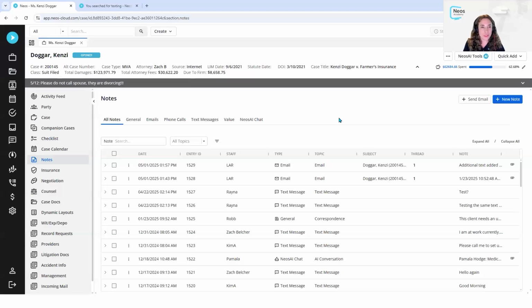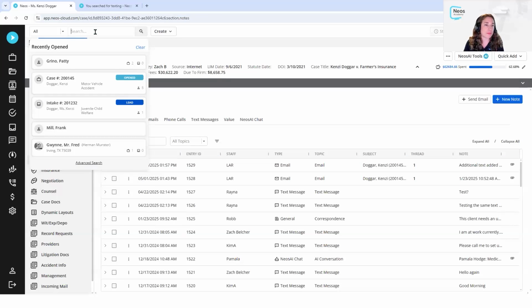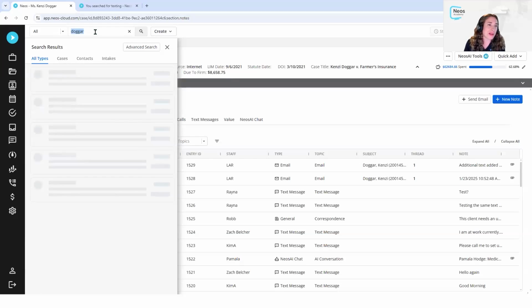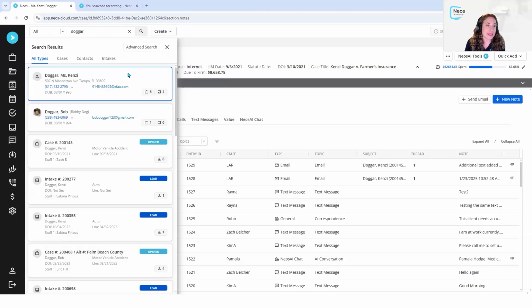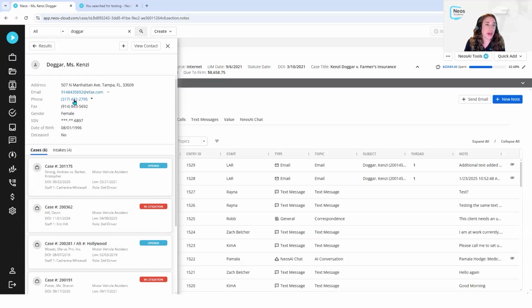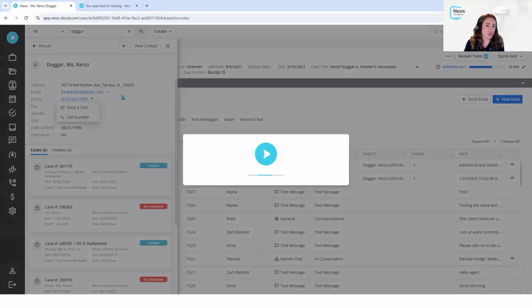So I'm going to close this and I'm going to show you the second way you can send a text message. So let's say I'm using a search and I'm looking for Kenzie. I happen to be on her case already, but let's say I'm looking for her as a contact. I select her and I can see this phone number. The phone number has this illuminated blue look to it. And anytime there's a phone number that has that illuminated blue, then you can interact with it. So if I click this caret right here, I'll see I have a few options. So when I choose send a text message,